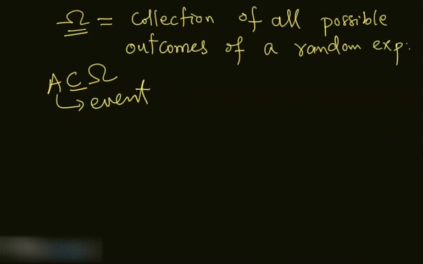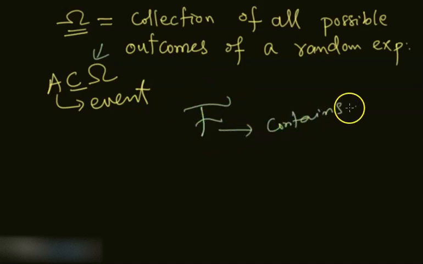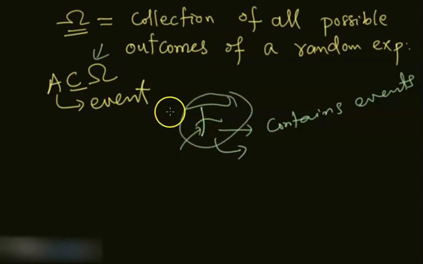And you know that when we defined this sigma field, we said that it contains the subsets of this omega. So what does that mean? That means that this sigma field contains events, or we will be familiar mathematically. We also say that if there is any element in this sigma field, we say that this element or this set is measurable.